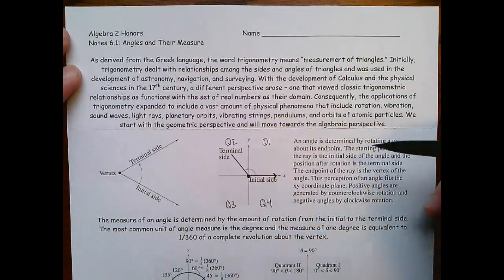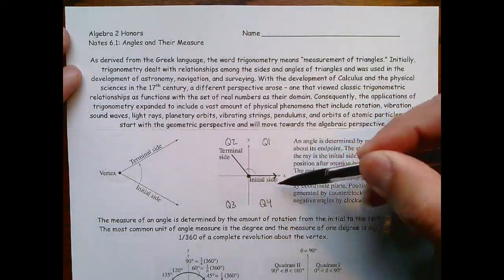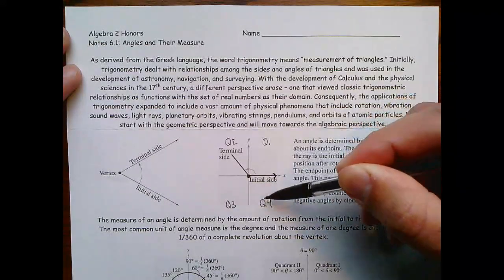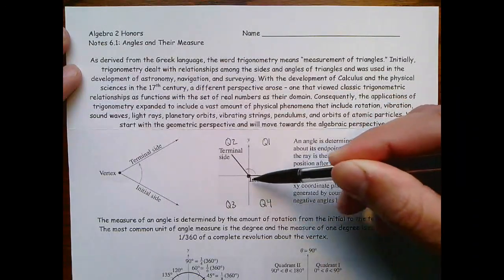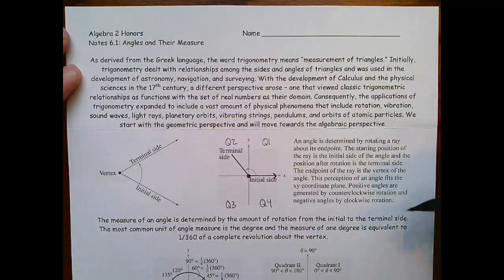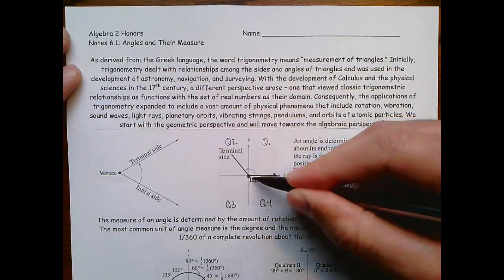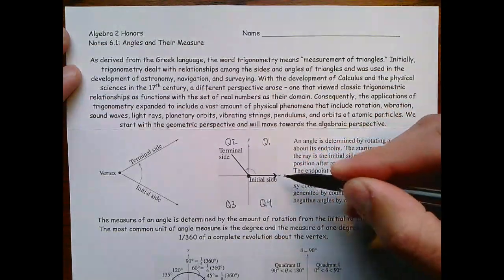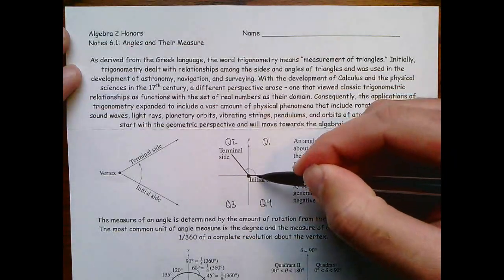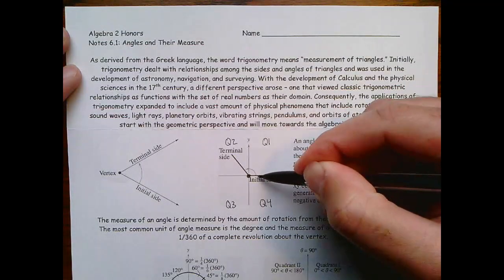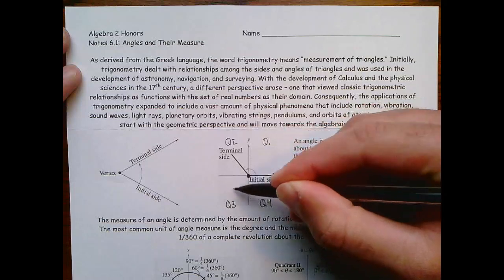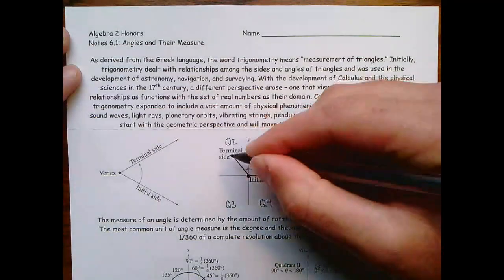So if you want to think about it, you could say this ray, this initial side where we're going to start, separates quadrant 1 and quadrant 4. It's on the x-axis, on the positive side of the x-axis. So the starting point of the ray is the initial side of an angle, and the position after rotation is called the terminal side. So when we do things in the xy plane and we're talking about angles, we always start on this positive x-axis. We call that the initial side, the starting side, and then it will travel counterclockwise from quadrant 1 into quadrant 2, or quadrant 3 or quadrant 4, however far you want to turn,